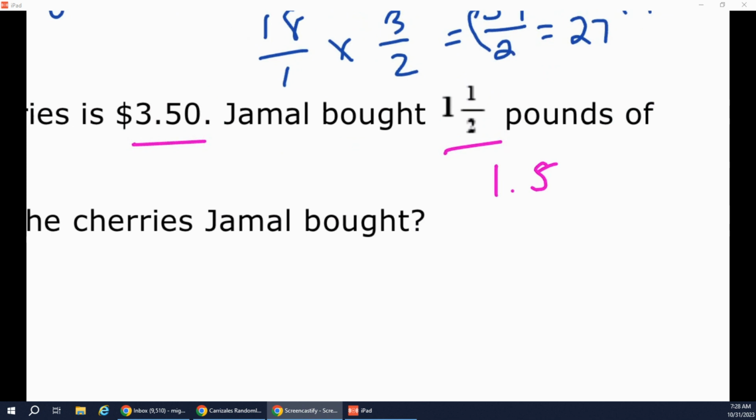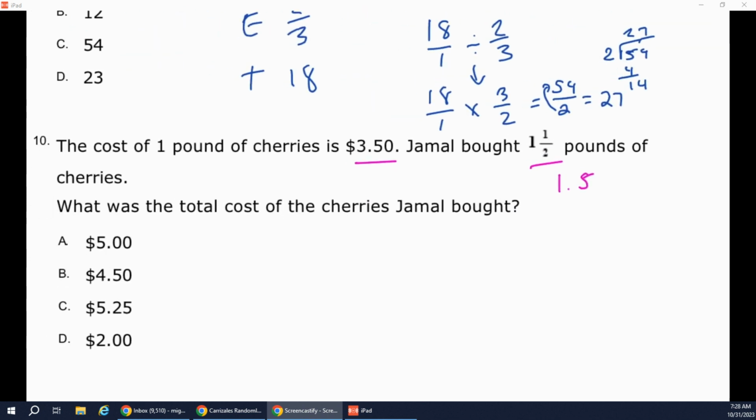And so now all I have to do is just multiply because I'm looking for the total cost, right? So we're looking for the total. Remember, total is always multiplication. I'm trying to find my total. It's $3.50 for each pound, and I have 1 1/2 groups. So then I'm going to multiply